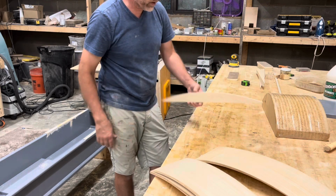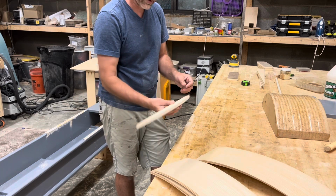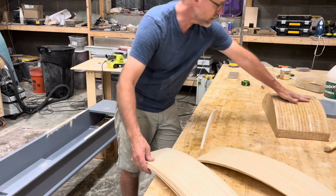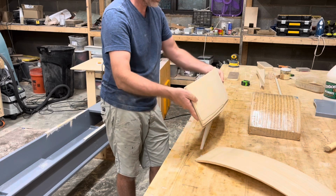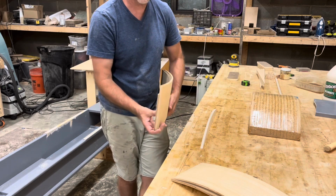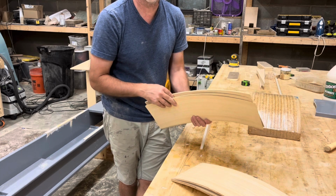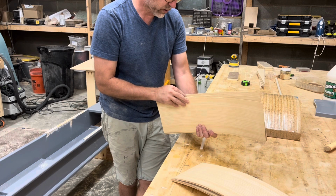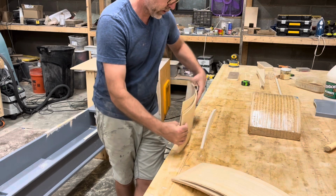instead of using that, I found this, and I think this might be just perfect. This is the mold for my skimming disc amas, and it's only 2 inches tall. And if I make a bunch of these and stack them like this, then I can stick this. I'm going to use seven layers. You always use an odd number of layers. You don't want to have a glue line in the middle. A glue line in the middle does nothing. So if you always use odd numbers, then you don't have to worry about having a totally useless glue line. Okay, so 1, 2, 3, 4, 5, 6, 7. So I think that's going to be strong enough